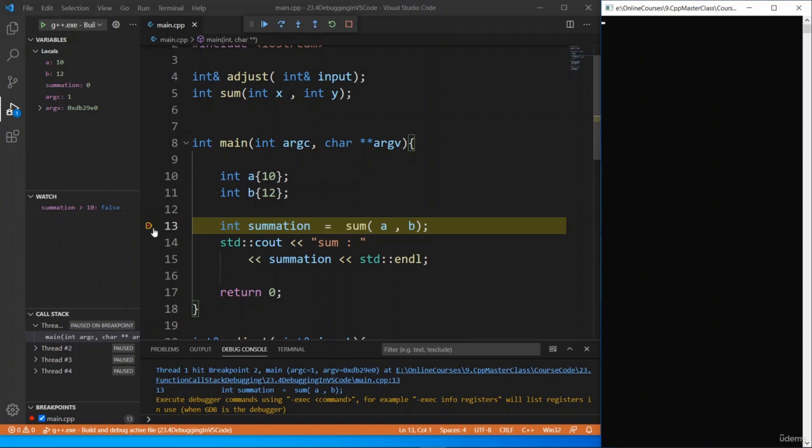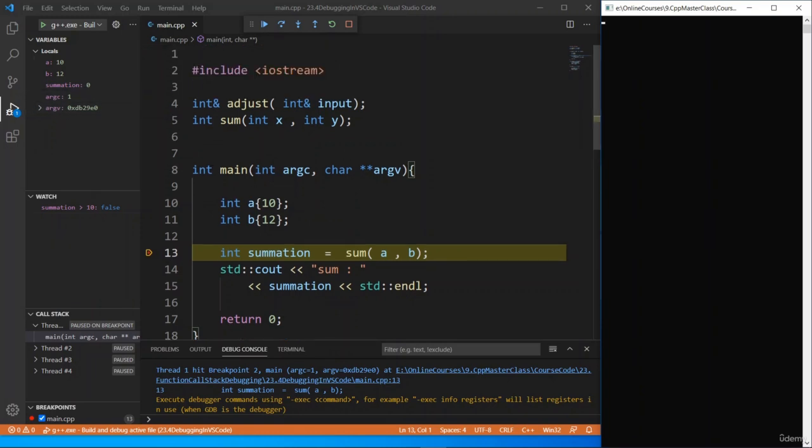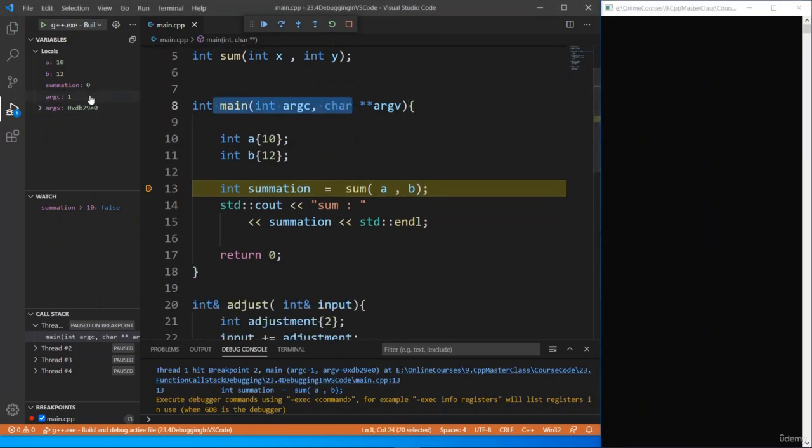Now that we have hit the breakpoint here, on the left you see we have a few windows. We have a locals window, which is going to give us the local variables we have in the main function here. You see we have A, and you see the value of that. We have B, you see the value of that. We have the summation variable, which is going to be initialized to 0. We haven't given it a value yet, so it's going to have 0. And you see argc and argv, which are used to give input to this program here, but we're really not